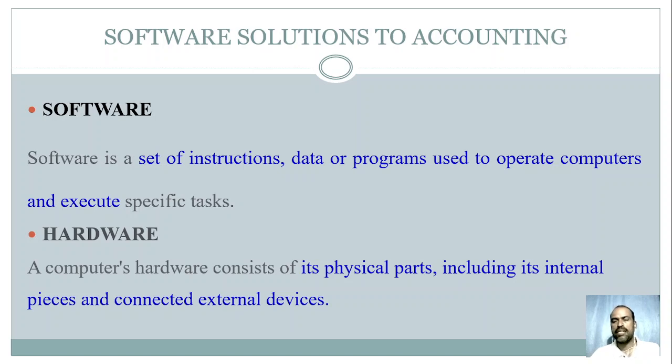Computer system basically can be divided into three parts that you know very well: central processing unit, monitor, and keyboard and mouse, and also printers. So external devices are there, and these external devices are connected with the internal pieces of the computer system. These internal pieces of the computer system and external devices are called hardware. So this software and hardware have to work properly, otherwise you cannot utilize the computer properly for your purposes.